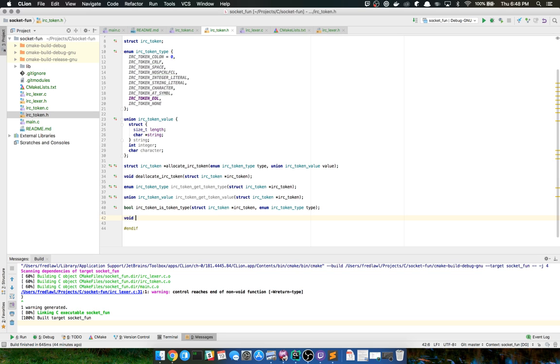So I'll call this void IRC token set type, struct IRC token, IRC token, right? And then we'll do the enum IRC token type. And then should I pass in the value at this point?